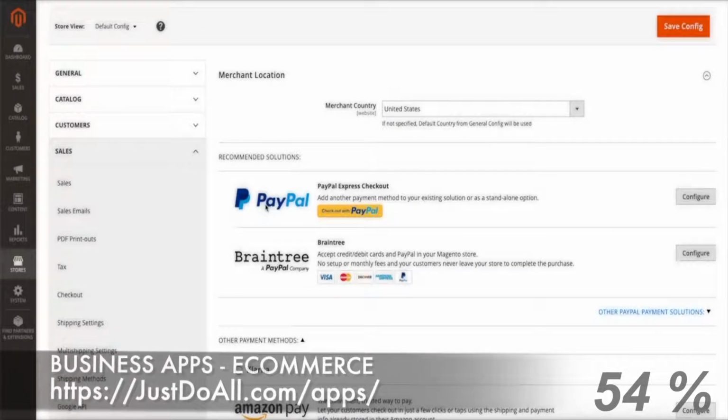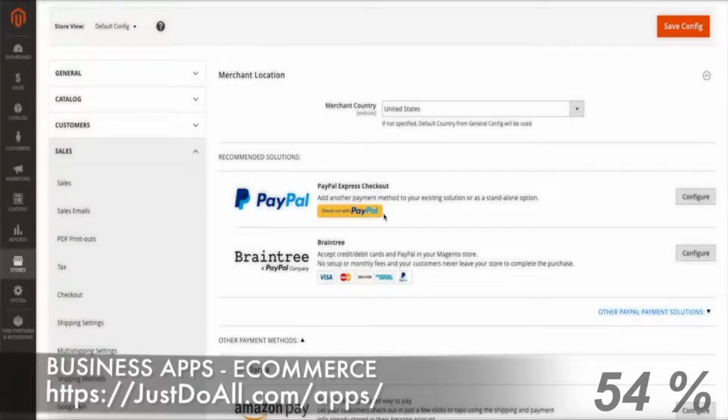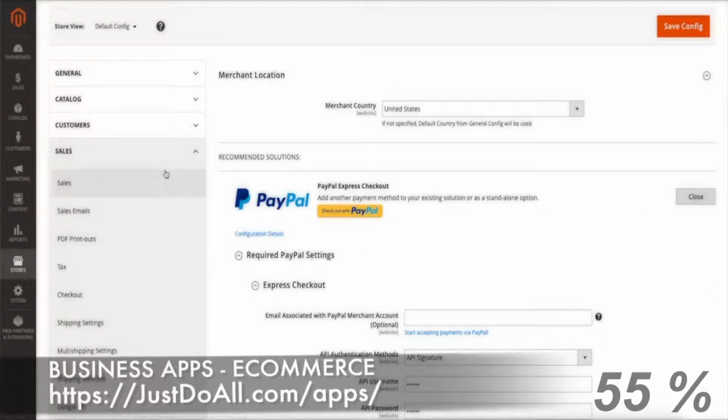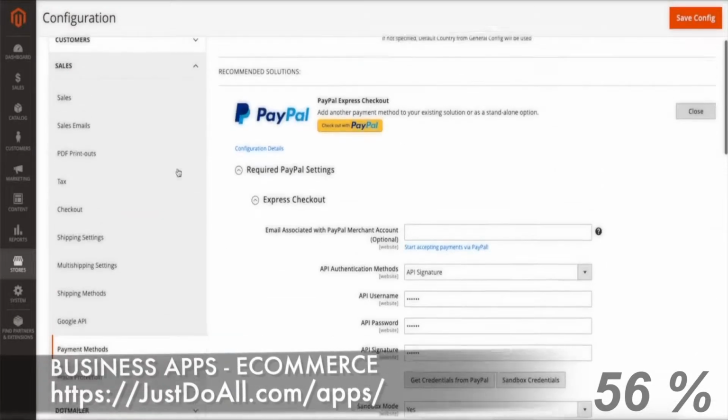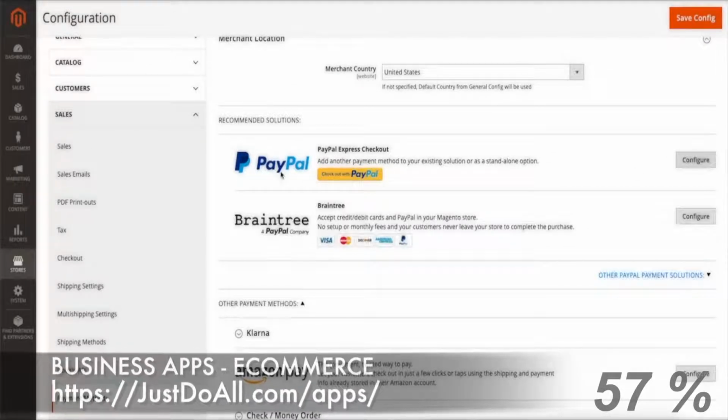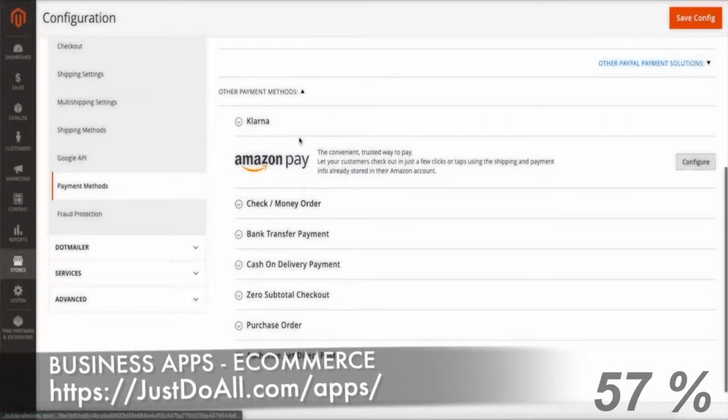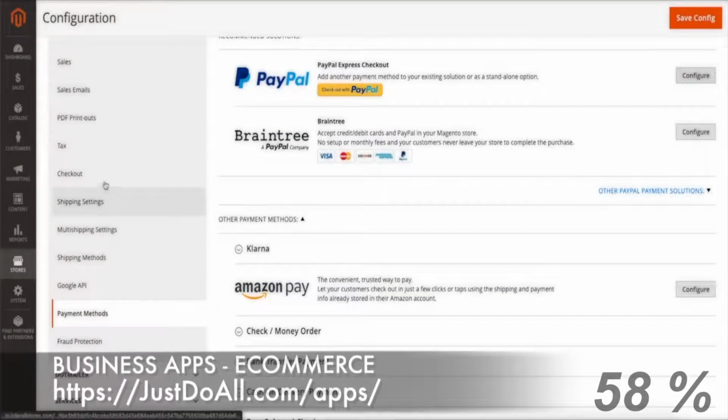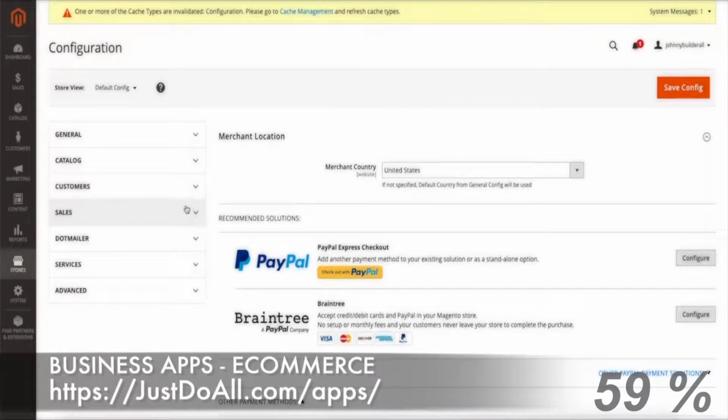We always recommend PayPal, as everybody uses PayPal. It's very simple, and you can click Configure here and set this up here for you. But as you can see here, there are other options as well for anybody who wishes to use a different option. Something else here that we need to go over